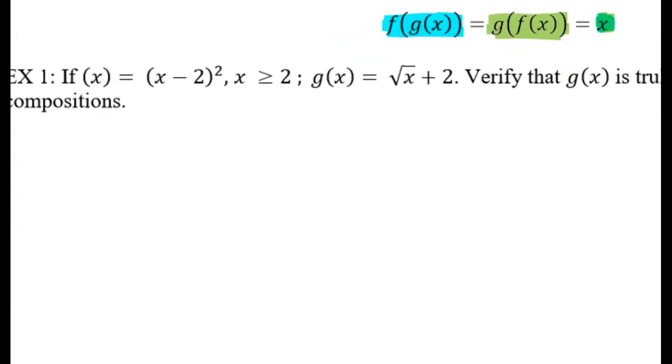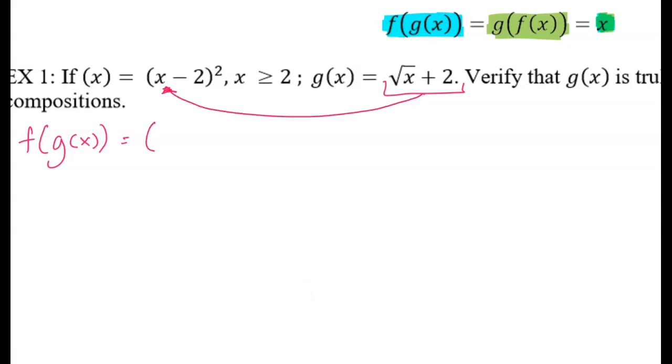You need to check both. Doesn't matter which one you start with. I'm going to do f of g of x first. What does this mean? What am I doing? Exactly. I'm taking all the g of x's, and wherever I see an x in f of x, I'm replacing it with g of x. So I have